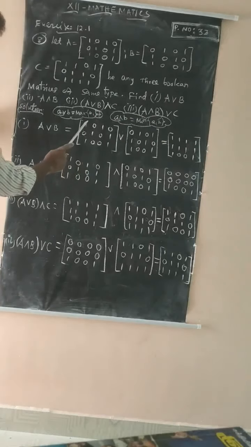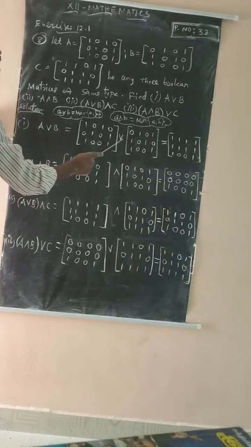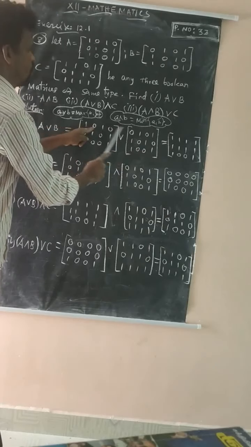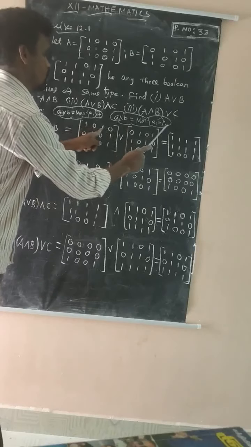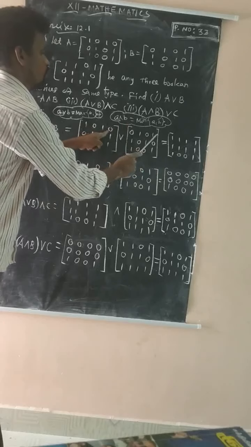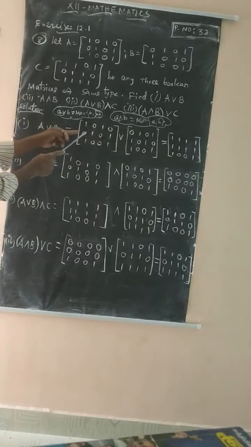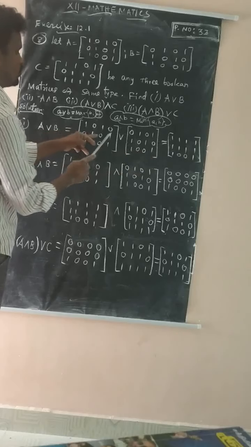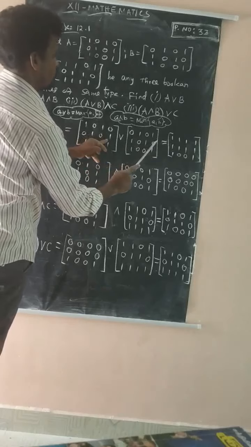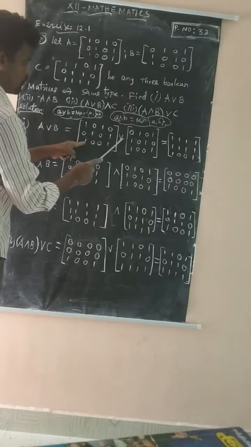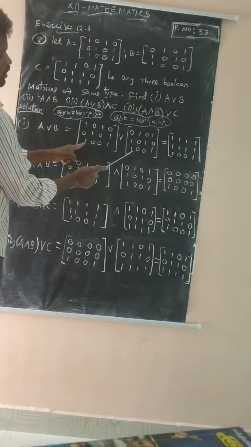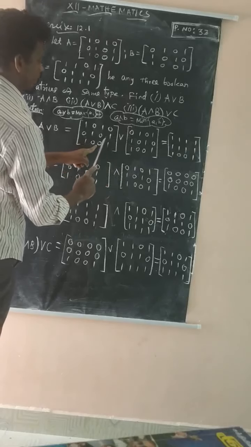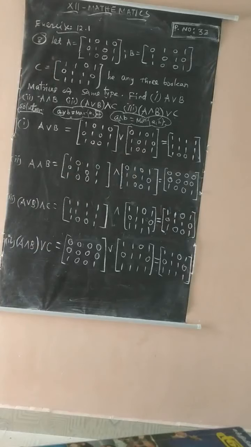Now 1 join 0, which is maximum 1. Next 0 comma 1, 1 is maximum. 1 comma 1, 1 comma 0 is 1, 0 comma 1 is 1. In the same manner 0 1, maximum 1, 1 0 1, 0 1 1, 1 0 1. Again 1 join 1, maximum 1, then 0, 0, and another 1. That's the answer for the first subdivision, friends.